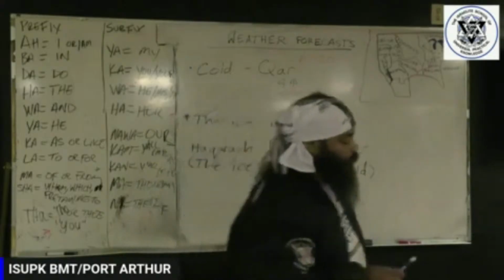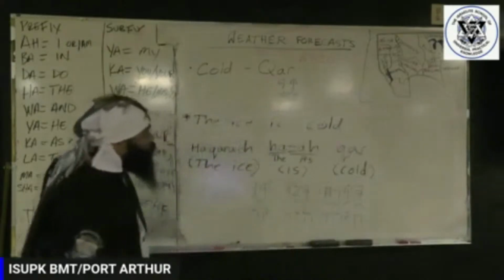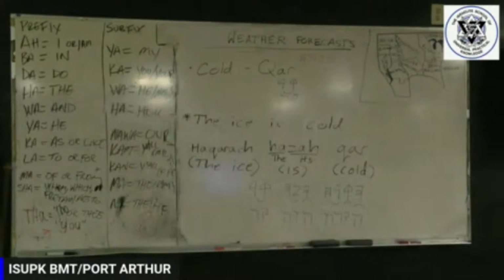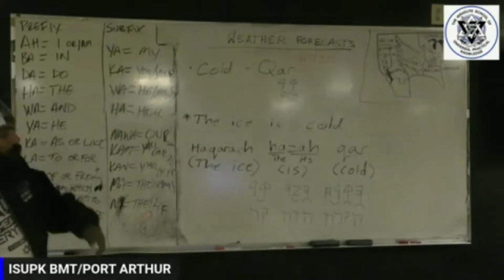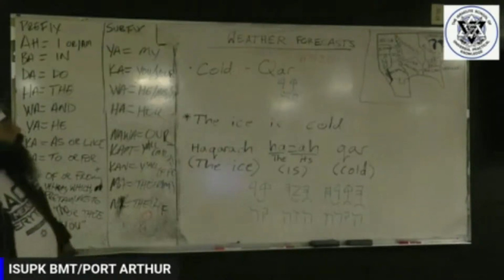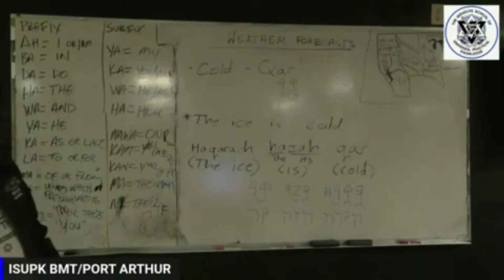All right, you got it. The ancient paleo up top and the Assyrian down below, going from right to left. Ha Qorak, hazah, quar. The ice is cold. So remember, quar is cold. I'm going to give us a couple of other sentences at the end. I guess I can do it right now, just using the words we learned and the words we already know, like yawam or hayawam, which means today. We can say za quar hayawam, it's cold today.